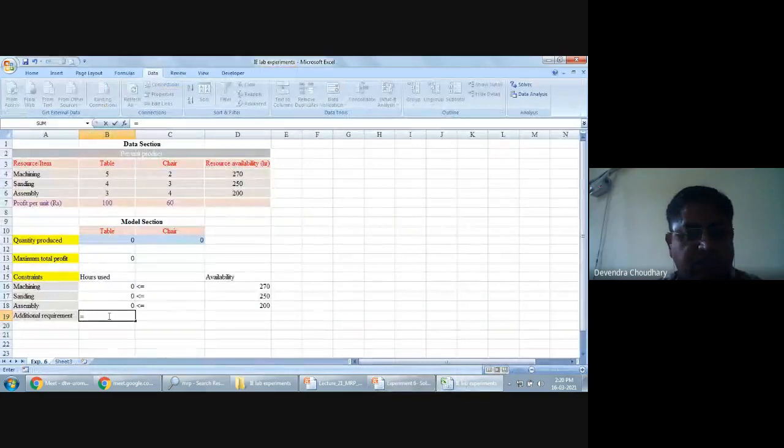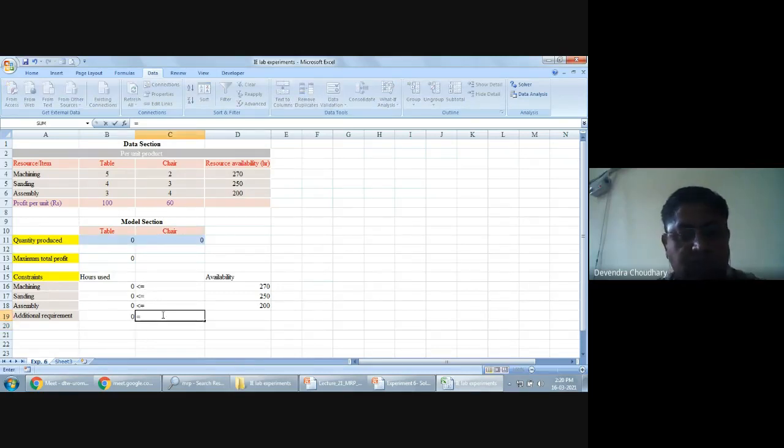So here I am defining 4 times this cell minus number of chairs. Okay, I will enter it, and it was of equal to type, and the right hand side is 0. I have now introduced this additional requirement.